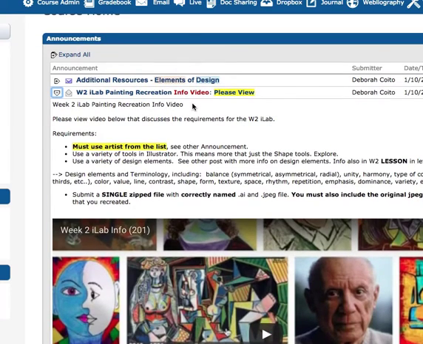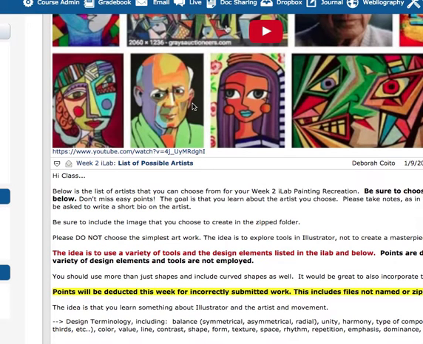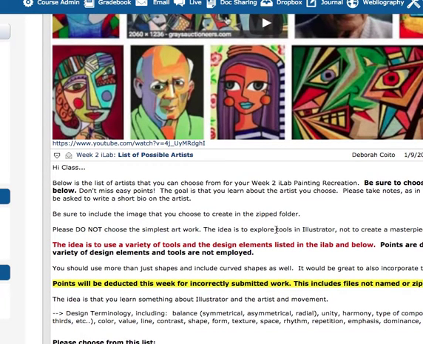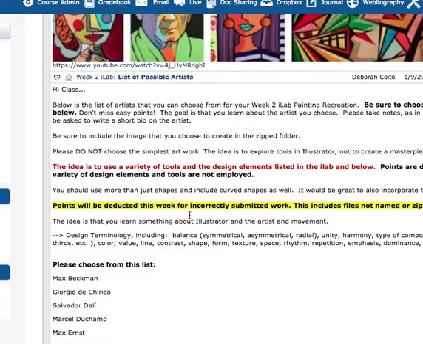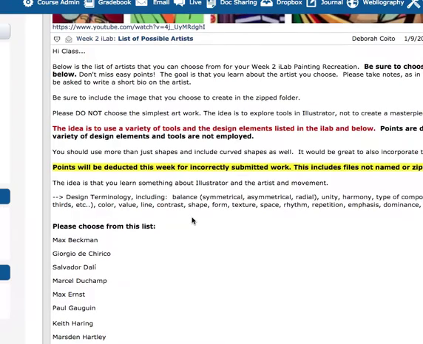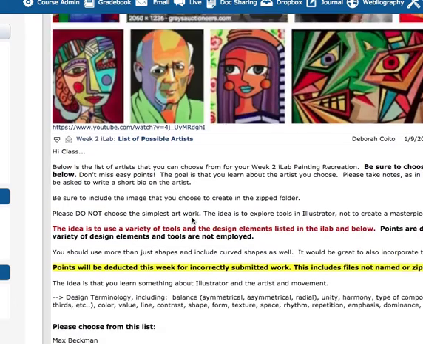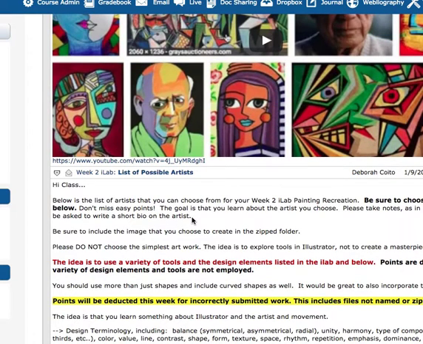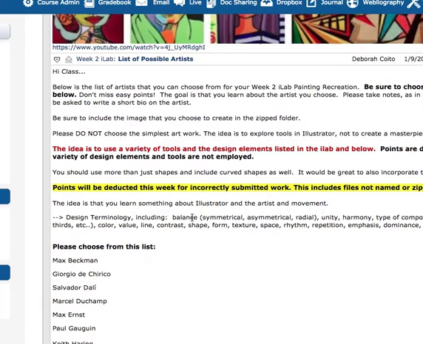I know a lot of students don't read the announcements and they don't read the directions, but please do, because in the long run, I won't have time to go back and forth this many times with files. I think I've already gone back like 3 times with your files. So again, I don't have time. We're not required to do this. So it's really important to follow the directions and, like we talked about in week 1, attention to detail. That's another thing with design world. Attention to detail is super important. So it might take a little bit of extra time to pay attention to the detail, but it's very, very important